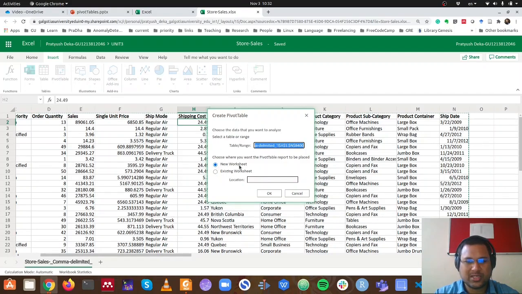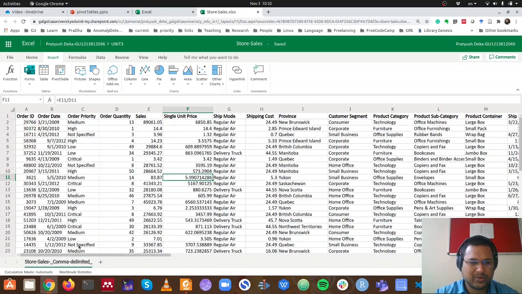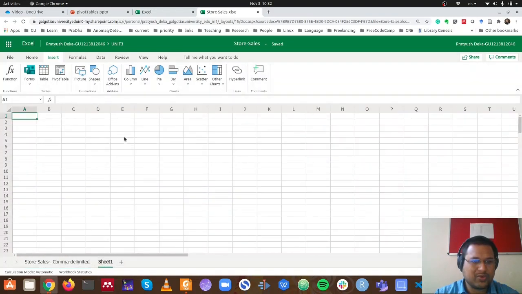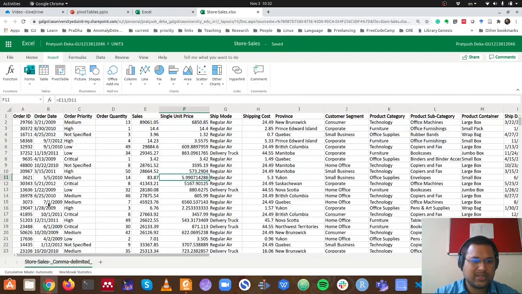This is the new worksheet. Let me tell you this about worksheet. This is the current worksheet, right? And if you want to add a new worksheet, this is how you can add a new worksheet over here in the same Excel file, right? But this is not required now. I'm going to delete it. So this is the original data file.